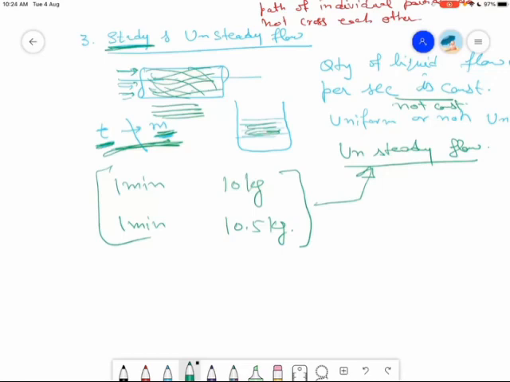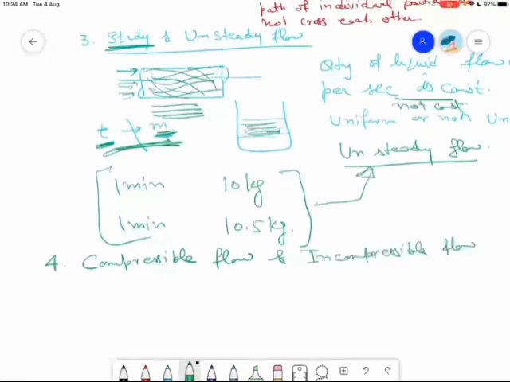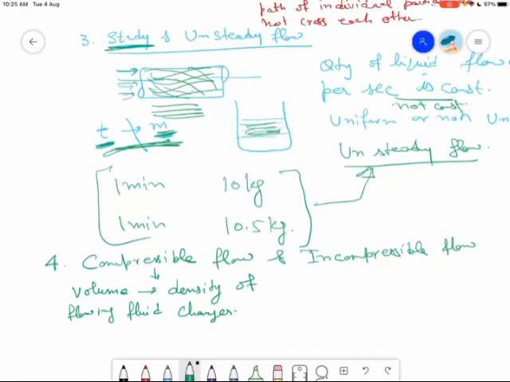नाउ द अनदर क्लासिफिकेशन दैट इज द फोर्थ वन, दैट इज कंप्रेसिबल फ्लो एंड इनकंप्रेसिबल फ्लो। सो कंप्रेसिबल फ्लो मींस ए फ्लो इन विच वॉल्यूम एंड thus the density of flowing fluid changes during the flow। ठीक है, अगर वॉल्यूम चेंज हो रहा है तो डेंसिटी भी उसकी फ्लो की चेंज होगी। If this condition exists during the flow that we call as compressible flow। So I repeat it again, a flow in which volume and thus the density of flowing fluid changes, so that we call as compressible flow।